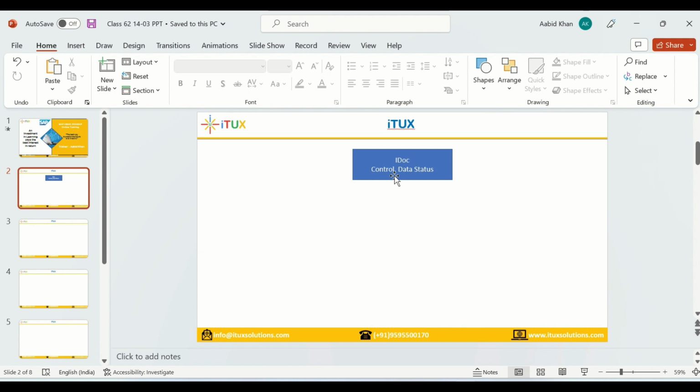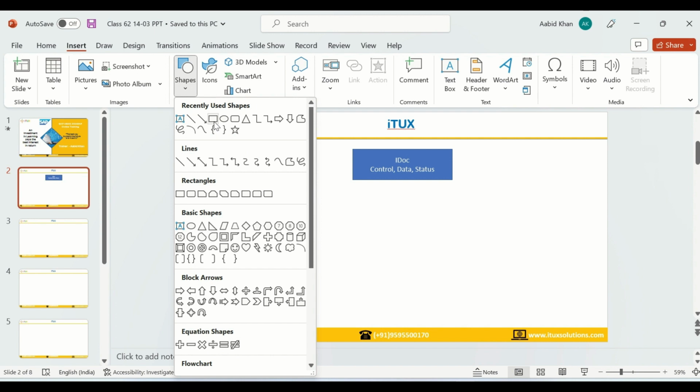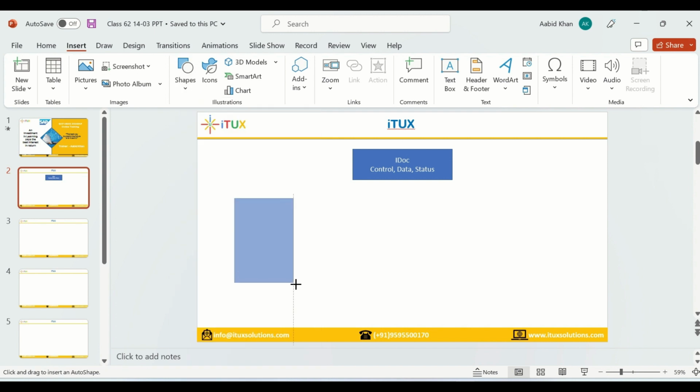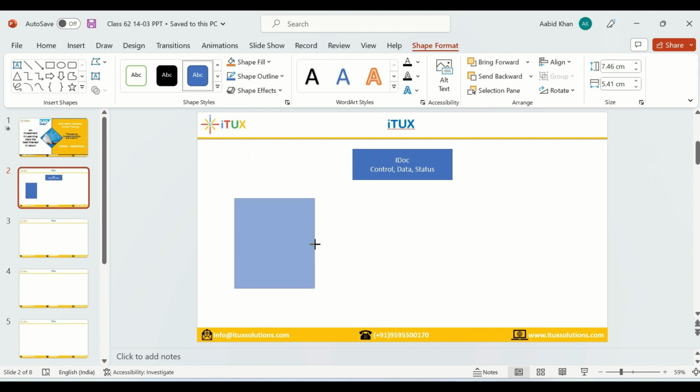All right. So the IDoc has these three types of records, where the control record is always one, data records can be one or more, and the status record is also there. Then the IDoc is associated with a message type. Now what is a message type? What kind of data you are passing? In IDoc, you are transferring the data from one system to the other system, one application to the other application. So then you need to tell what type of data you are passing, and that technically is